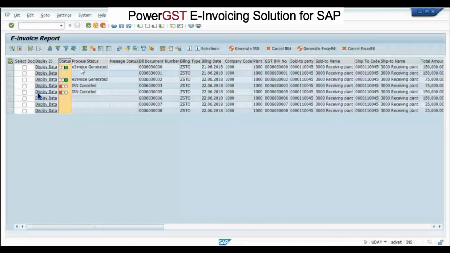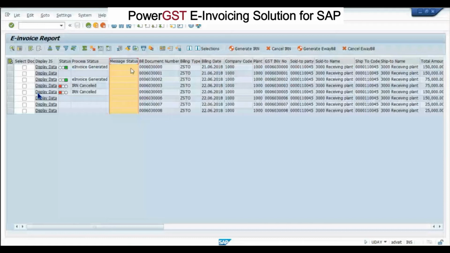Next column is the message status. Message status means whenever you are generating an e-invoice, at that time, let's say I'll take one example. You have not mentioned the PIN code in your customer master, but in the government database, the PIN code for the customer master is mandatory for local sales, India sales.